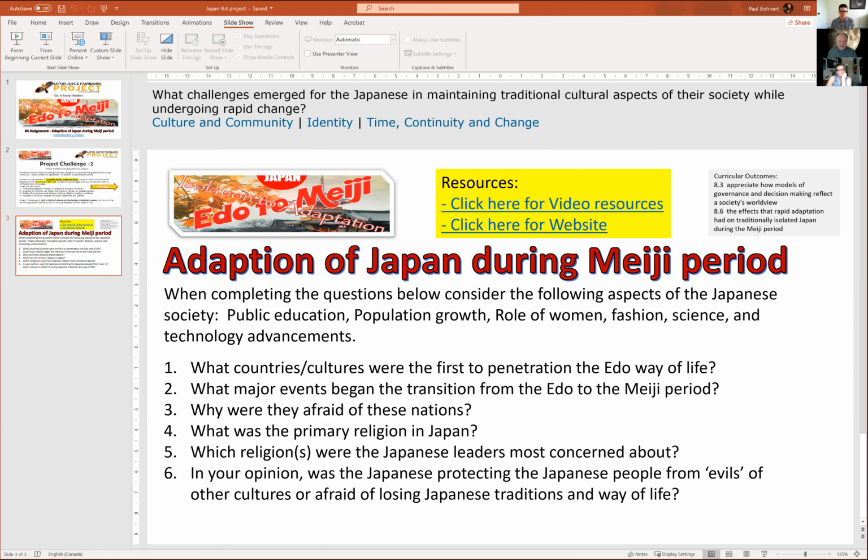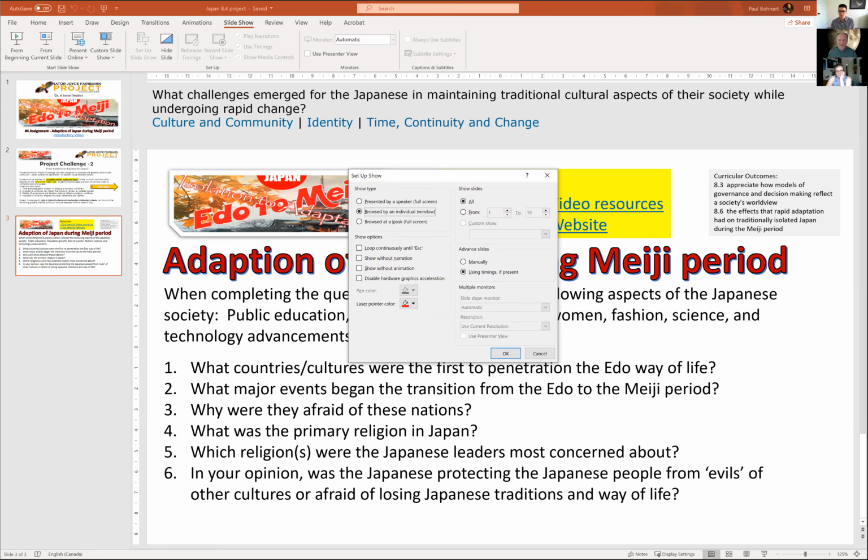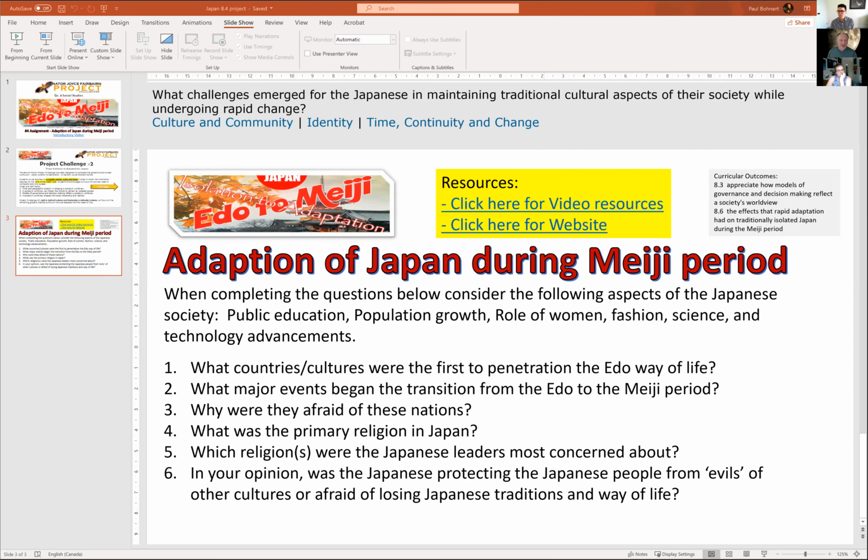Let me just show you the last thing, which is the projects, and what the example of the projects would mean. So we've got a student that flies through the information, and they are looking for something more to do, or they have another interest, or the parents have contacted us and said that my student is finished and they're driving me crazy. I need some more information. This is what we did with our extension.